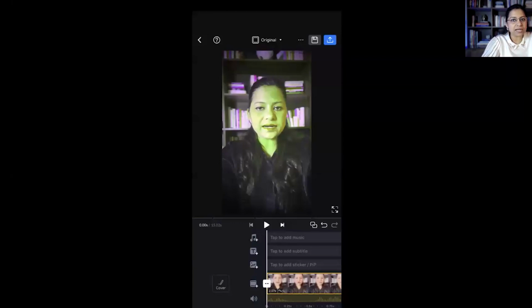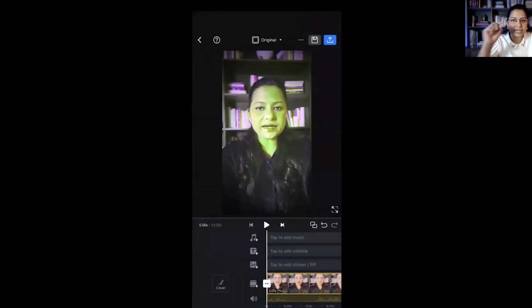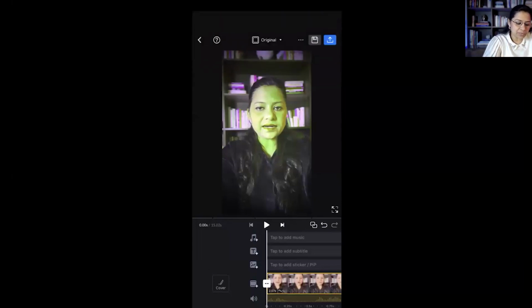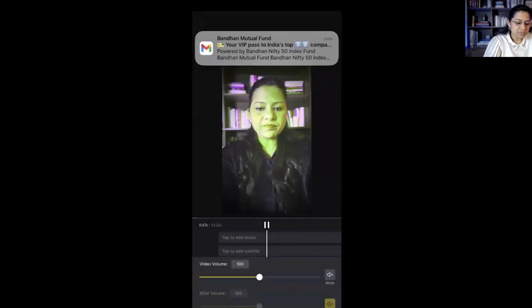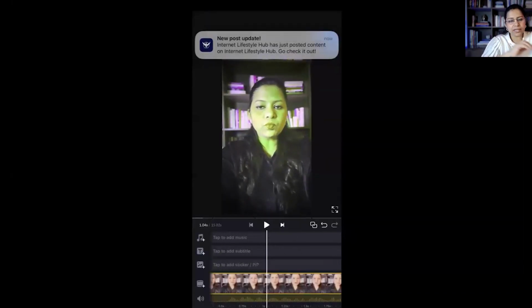Effects is where you will do the transitioning from one video to the other video. Delete is where you are going to delete some portion of the video. Speed is where you are going to access the high speed, as in fast speaking and slow speaking, with the power of speed itself. Volume is where, if you mute the volume, then the entire video will go into mute.